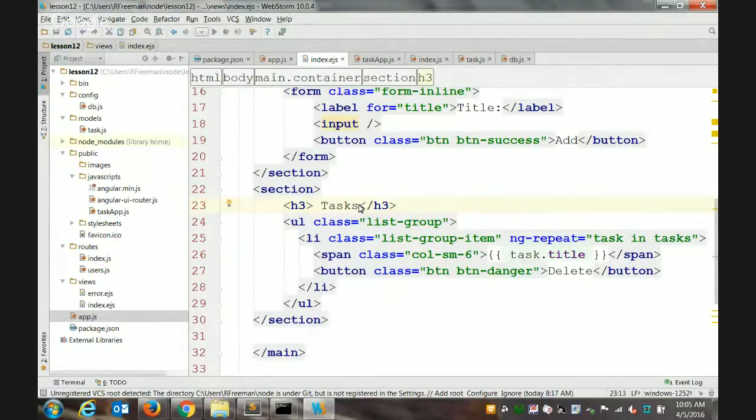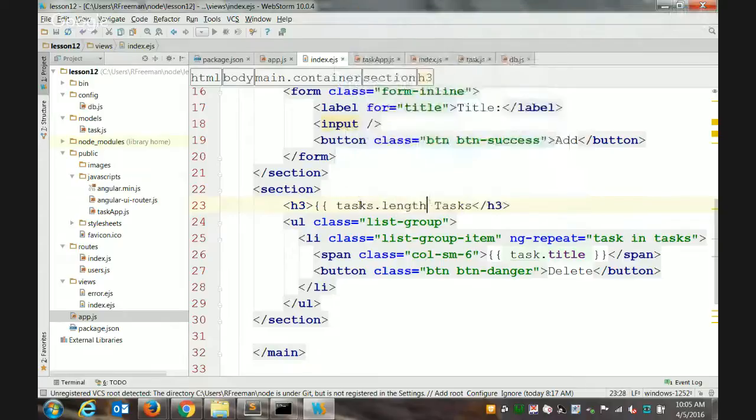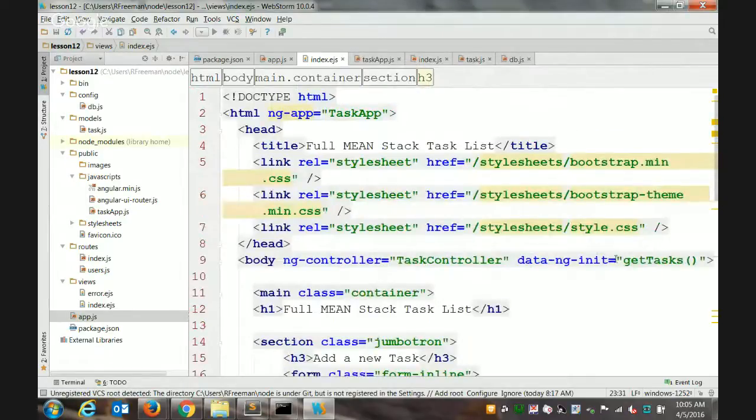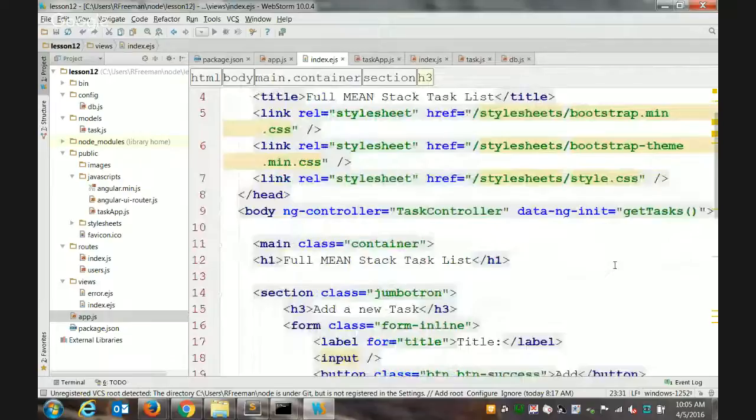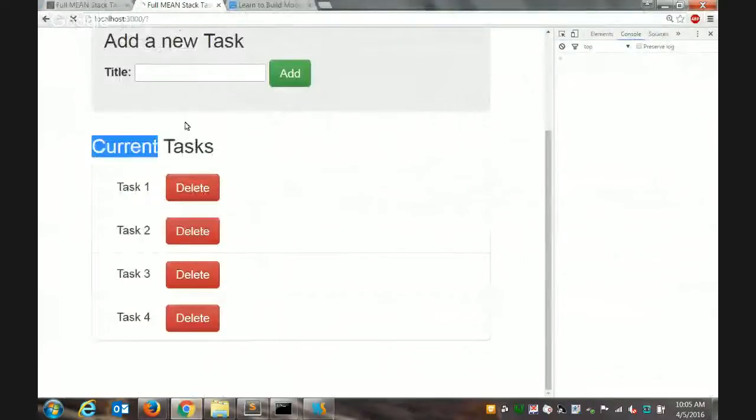How could we display the number of tasks in our task list? You got it. We can use, and we just have to wrap that in our handlebars, tasks.length. Because we're calling get tasks up above on the body, it calls that function right away and populates our task list. We should have access to the length of that array. So if we refresh this,